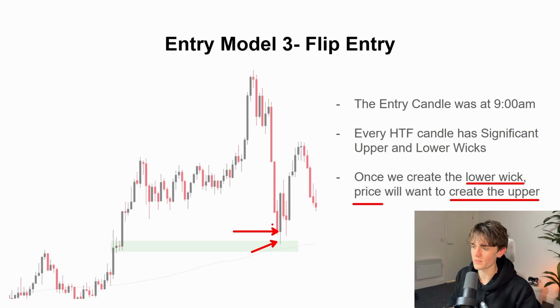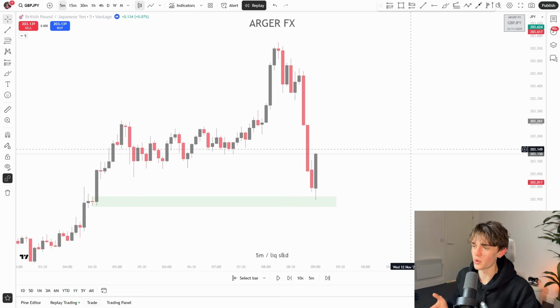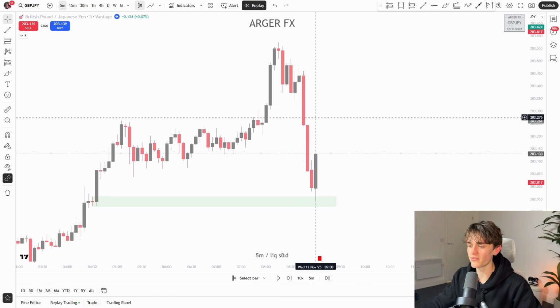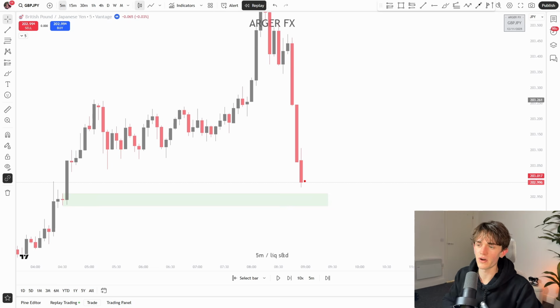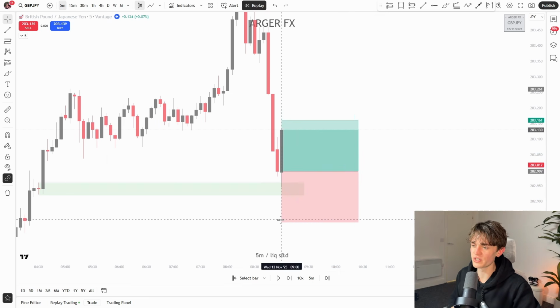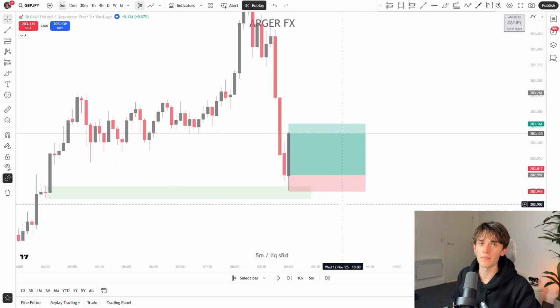that is going to determine our entry price. Now, this is the same example that I was just showing you. As we can see, this candle is being formed at 9 a.m., which means that it is the start of a new higher time frame candle. Price is more times than not going to want to make that lower wick before bullish intent is shown, and then it flips from red to green. Now we have made that higher time frame lower wick, and there is nothing else stopping the market from just going upwards. Therefore, this will determine our entry price